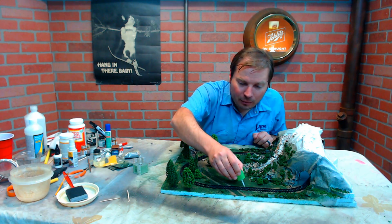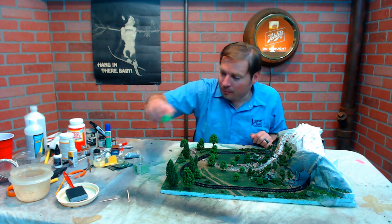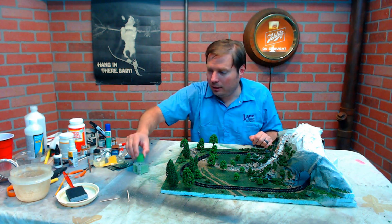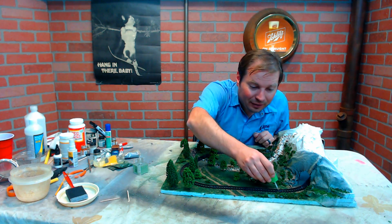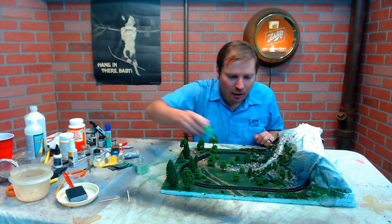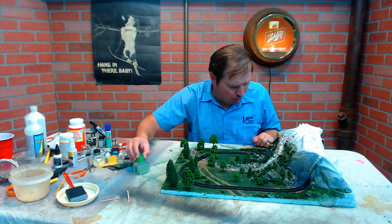I thought about getting the airbrush out and everything, and weathering the track too, but honestly, I just thought, well, you know, we're already going crazy, excessive with this kind of project. And it's like, well, I'm going for some realism. You know, ultimate realism is just not going to happen with